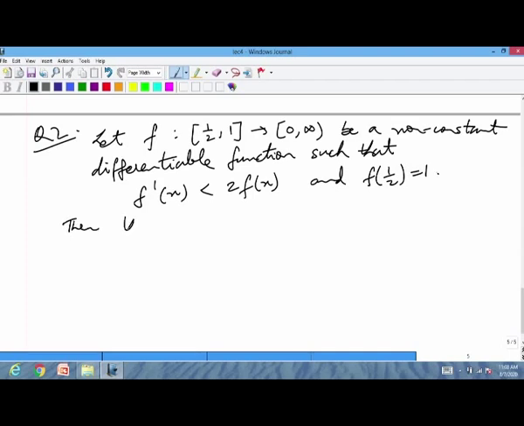Then the value of the integral of f x dx from half to 1 lies in the interval